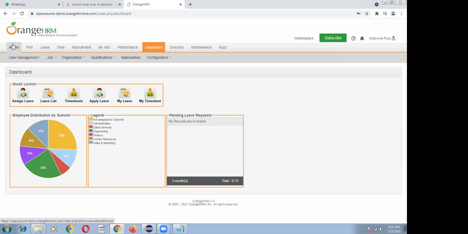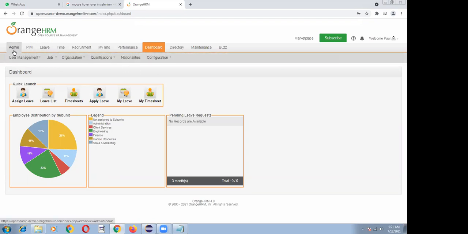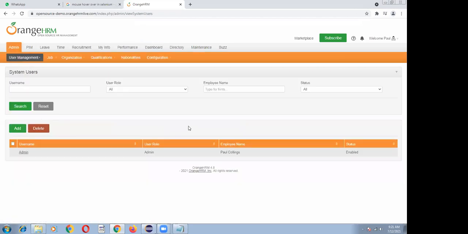Actually, these are web menus. How do we generally interact with these web menus? We keep the mouse over and click on the desired last web element. But in the script, we write driver.findElement by Admin dot click, driver.findElement by User Management dot click, and driver.findElement by Users dot click.